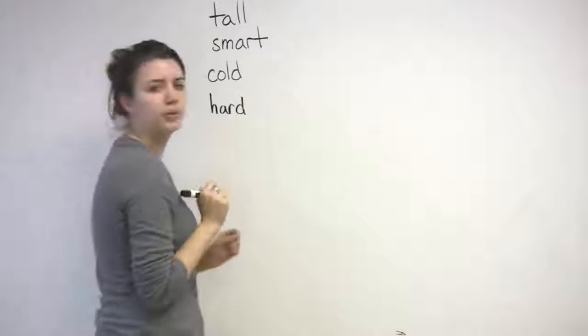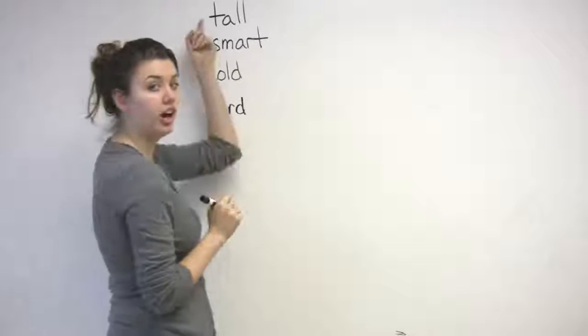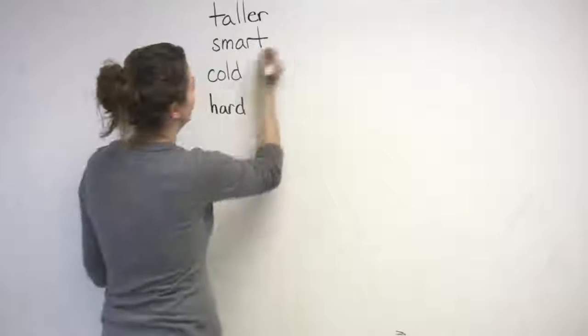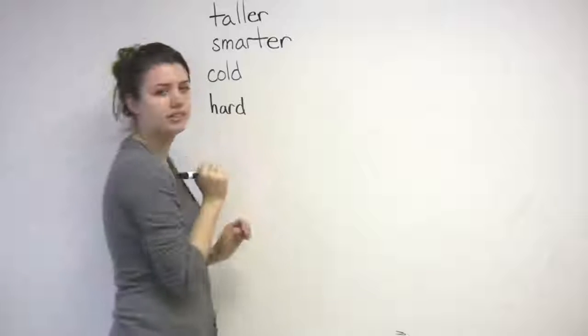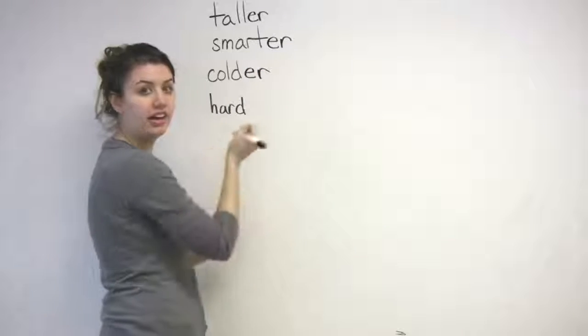Okay, so here's a few. So tall, smart, cold, and hard. Tall becomes taller, smart becomes smarter, cold becomes colder, and hard becomes